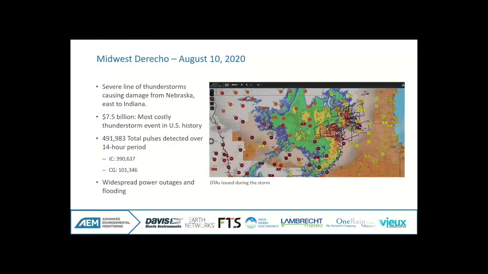The second scenario, everyone, is going to be of the Midwest derecho from August 10th of 2020. This was a powerful, long-lived storm that moved across basically the entire Midwest, from Nebraska eastward to Indiana, even into Ohio. It cost $7.5 billion in damage, the most costly thunderstorm event in U.S. history, with nearly 500,000 total pulses detected by the Earth Networks Total Lightning Network over a 14-hour period, most of which you see were IC pulses,